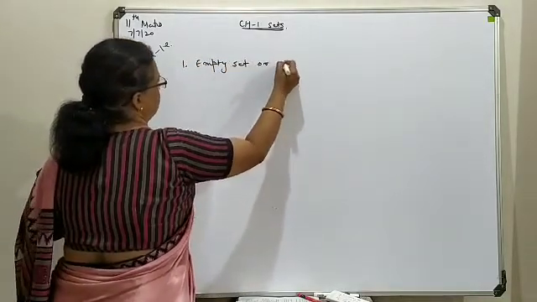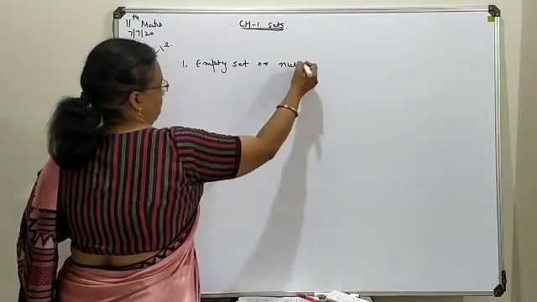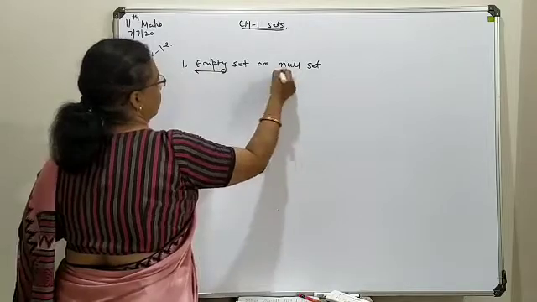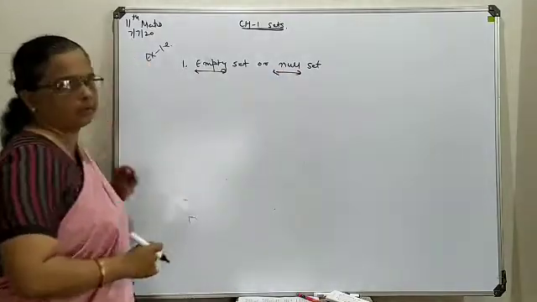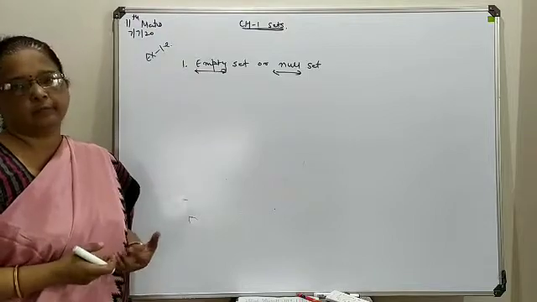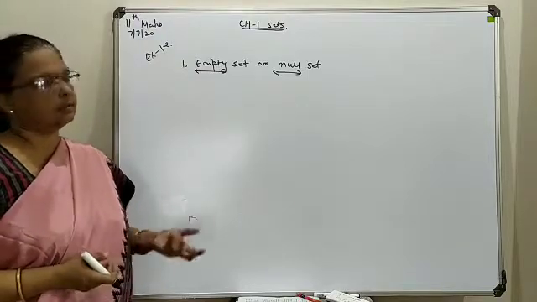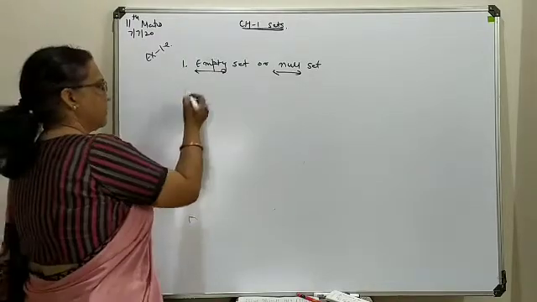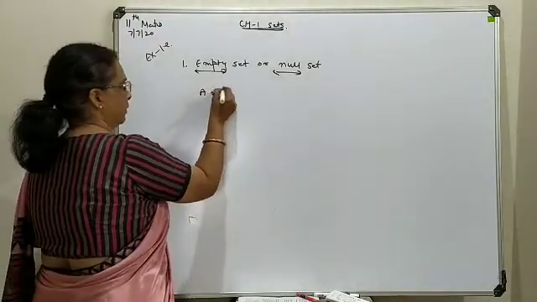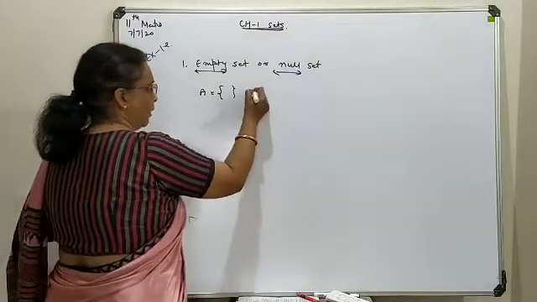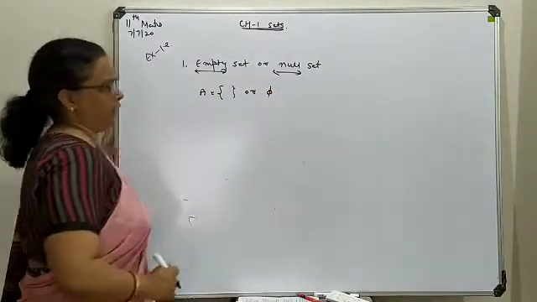or it can also be considered as a null set. As the term is written here, null set or empty set means a set in which none of the elements is present, means no element is present in a particular set. So the representation of this set is like that. Either you write this blank set or use this symbol phi.